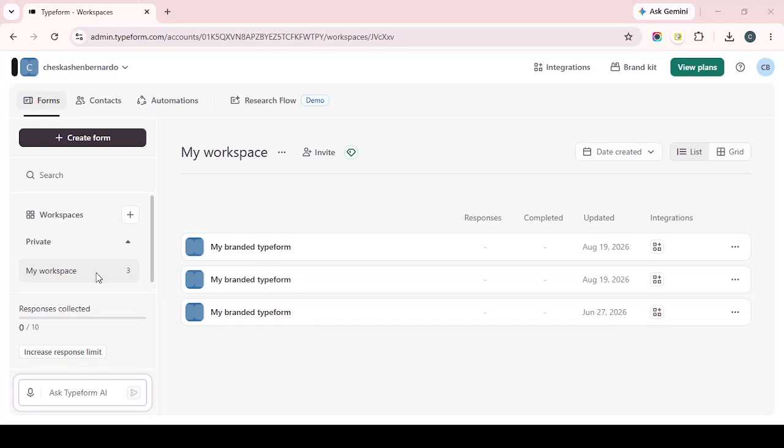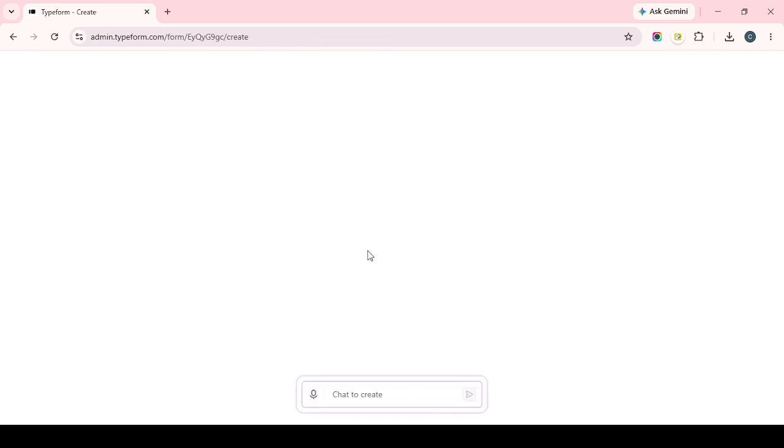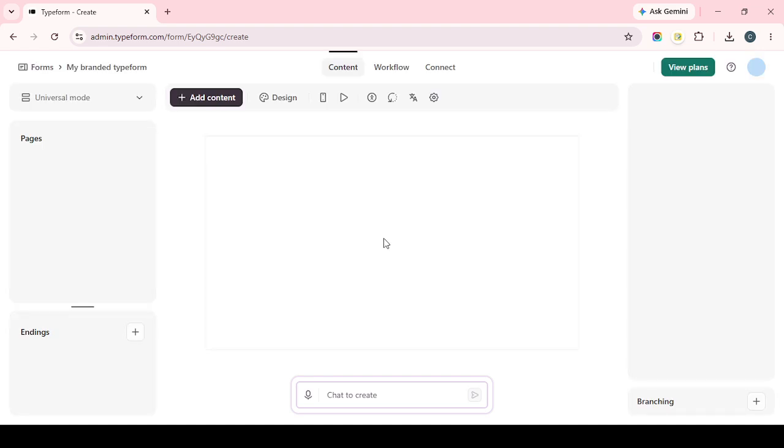In today's video, I'm going to teach you how to embed a Typeform into your Webflow site. If you want to add an interactive form to your website without rebuilding it from scratch, this is a quick and effective way to do it. We'll be taking the embed code from Typeform and placing it directly into Webflow using the built-in embed element. This method is especially useful when you want your form to keep its original styling and functionality exactly as it